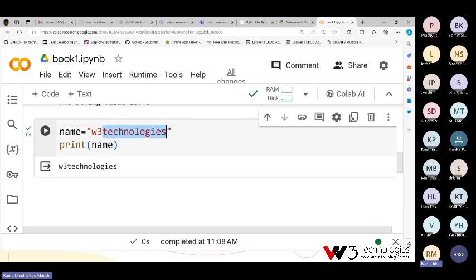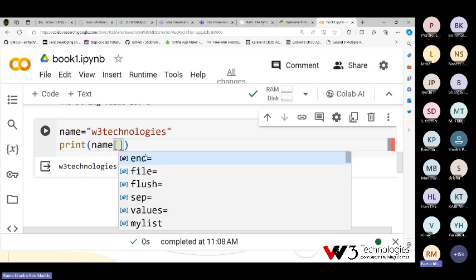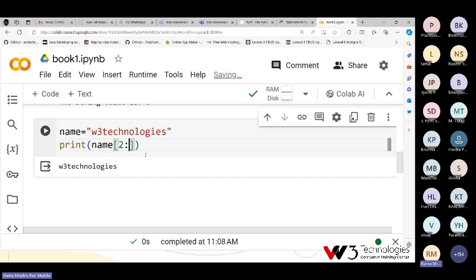So 0th position, first position, and the second position to the end. Then I can give square brackets. It is called slicing. Second position, colon, and last position, like 2, 3, 4, 5, 6, 7, 8, 9, 10, 11, 12, 13. Okay? If I am giving 13, what happened?